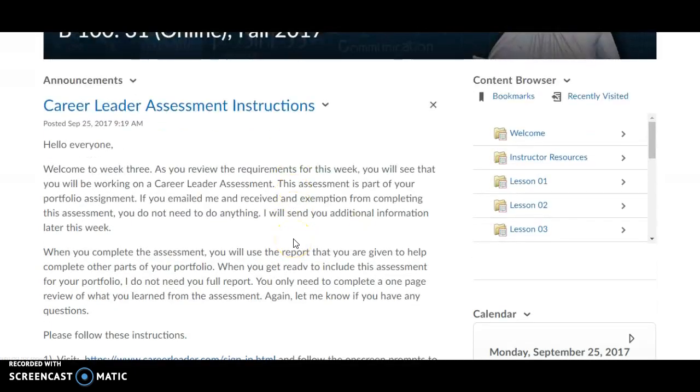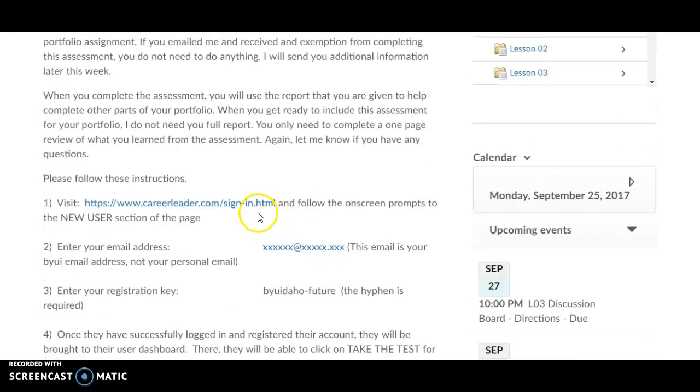And so you guys may have noticed that there is this assessment. If you have already completed this assessment in a previous course, there is no need to complete it here. It's identical. There's nothing different with it. The other thing too is once you get the email, which I have sent out already, you're going to have